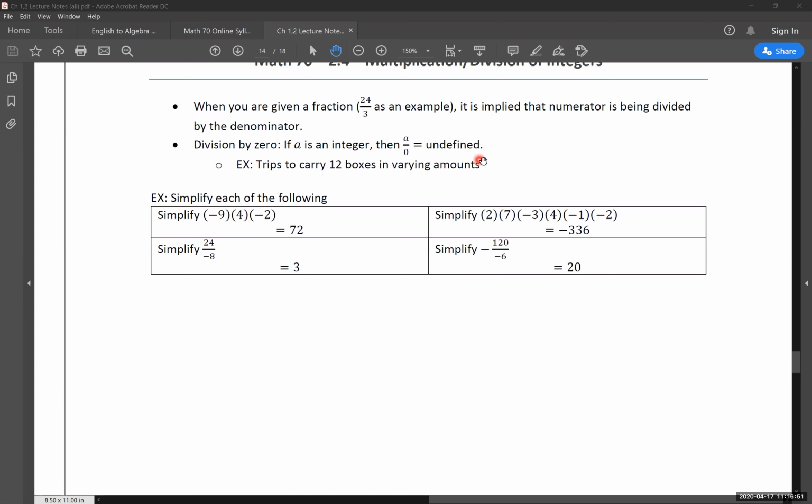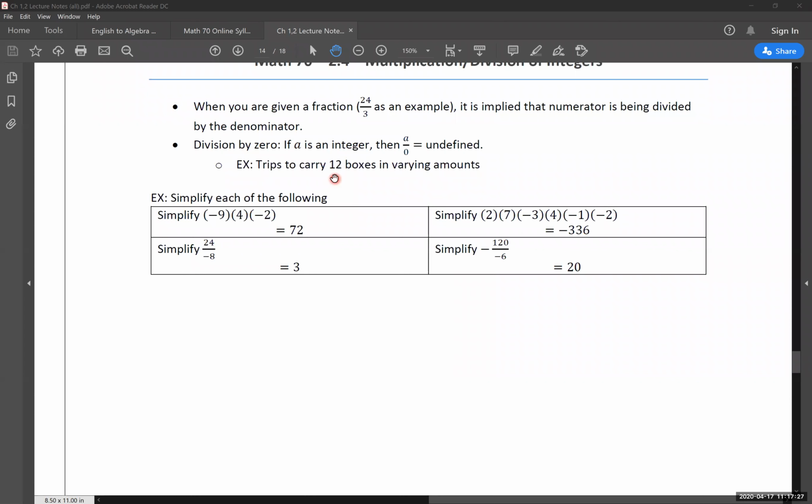I'm going to go through an example with this, so follow along with me in your head, and then I'm going to go through with a really nice visual. I think that helps with demonstrating this. So we have 12 boxes. Say you're carrying them from upstairs to downstairs, moving things around, something like that. Following the scenario, we're going to have 12 as the numerator. We're going to have differing numbers as our denominator. Now in your head, tell me, how many trips is it going to take me to move these 12 boxes if I move 12 boxes at a time?